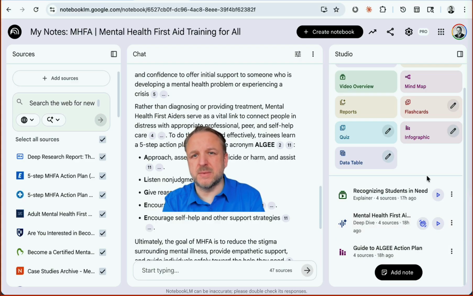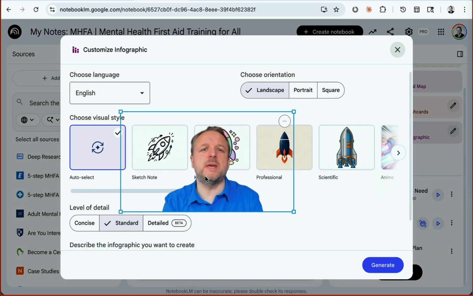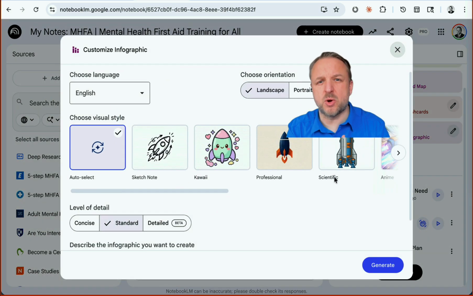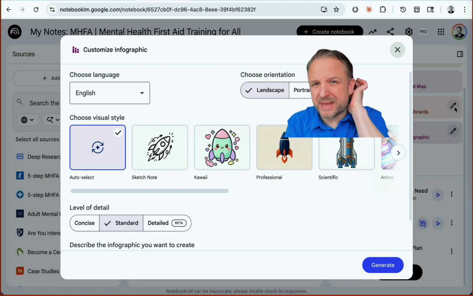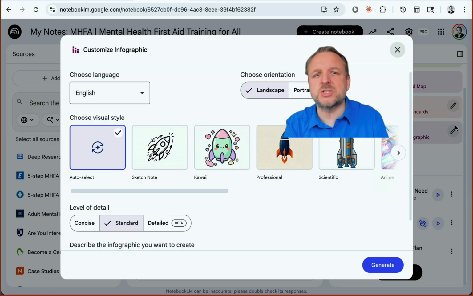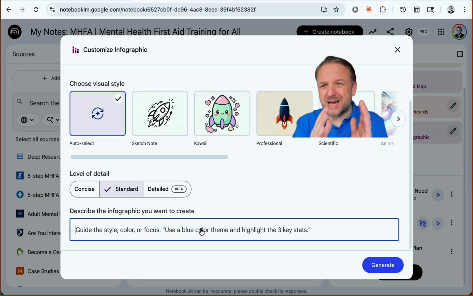So I basically clicked on infographic, and actually what I clicked is this little edit button. So if you just click on the infographic itself, it'll just go running with all the defaults. But if you click any of those, what does it look like? It's a pencil, right? When you click on the pencil, you get to narrow down what this infographic will be about. So you can say,